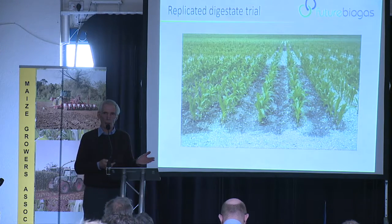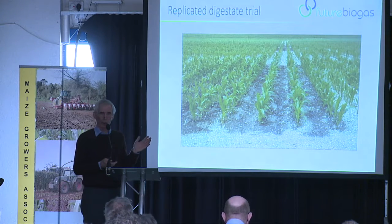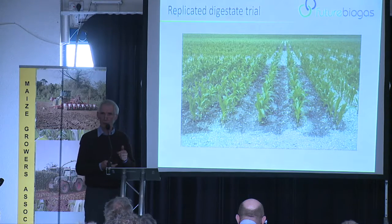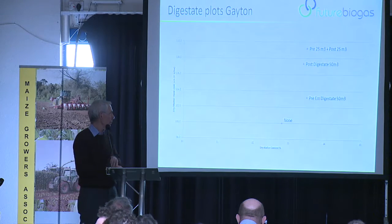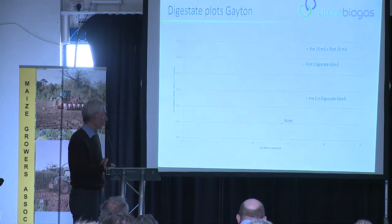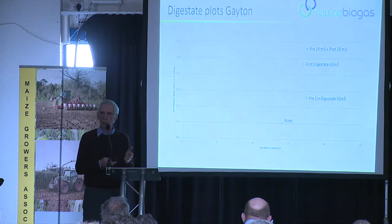The second trial I'll speak very quickly about was the replicated digestate trial, and you can see how we put the digestate on the top, and it quite clearly changed the colour of the soil. It's quite a white soil. Basically, we got a good response from using the digestate. What we say it's got in it, it's got in it. It is good stuff, and basically the closer you use it to the crop need, the bigger the response